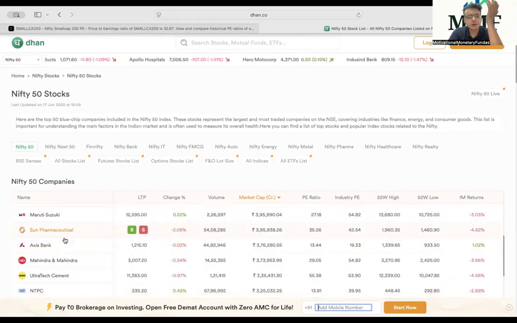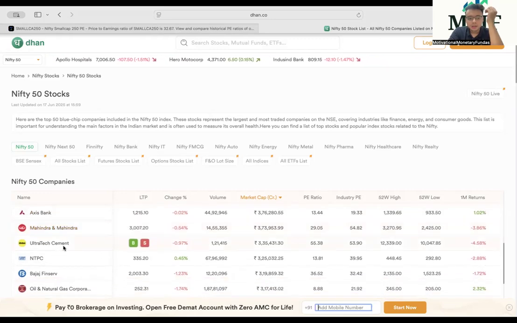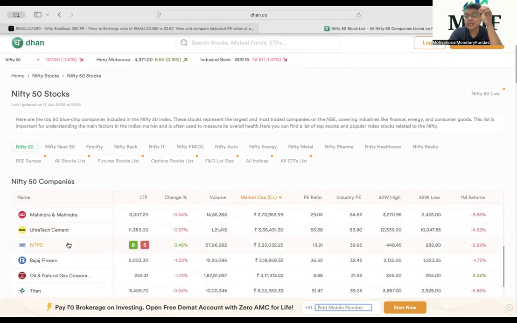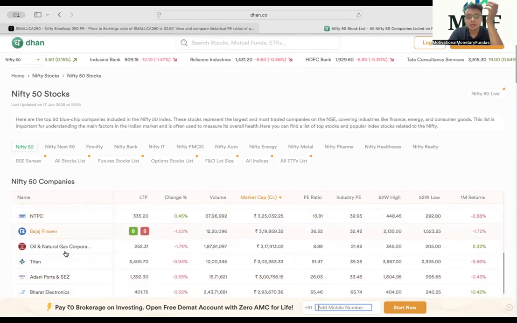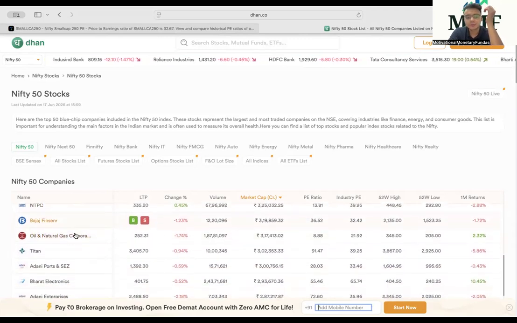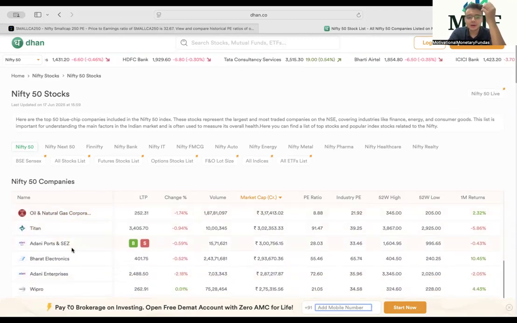सन फार्मा प्राइस टू अर्निंग, एक्सिस बैंक प्राइस टू बुक वैल्यू, महिंद्रा एंड महिंद्रा प्राइस टू अर्निंग, अल्ट्राटेक प्राइस टू बुक वैल्यू और EV टू एबिटा, राइट? सीमेंट कंपनी। NTPC प्राइस टू बुक वैल्यू और EV टू एबिटा, बजाज फिनसर्व प्राइस टू बुक वैल्यू, ऑयल नेचुरल गैस EV टू एबिटा और प्राइस टू बुक वैल्यू। यू हैव EV टू नेचुरल गैस मल्टीपल, लाइक हम उसकी बात नहीं कर रहे हैं। टाइटन प्राइस टू अर्निंग कर सकते हो।